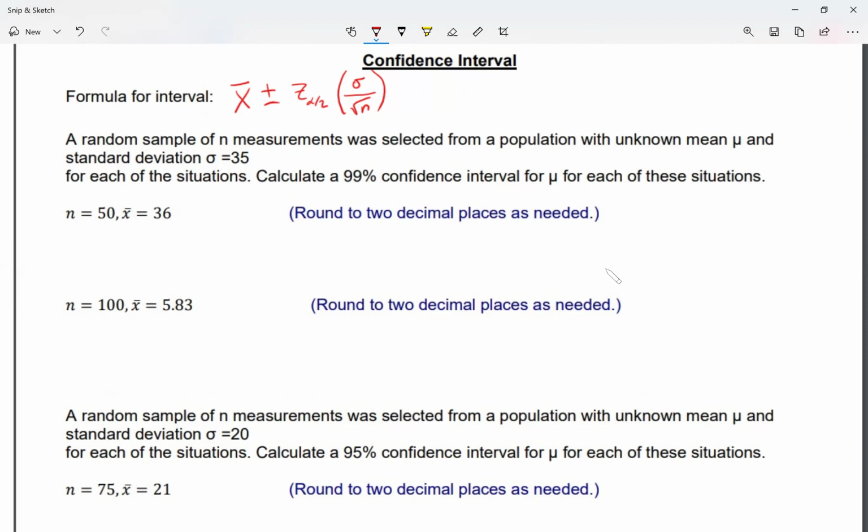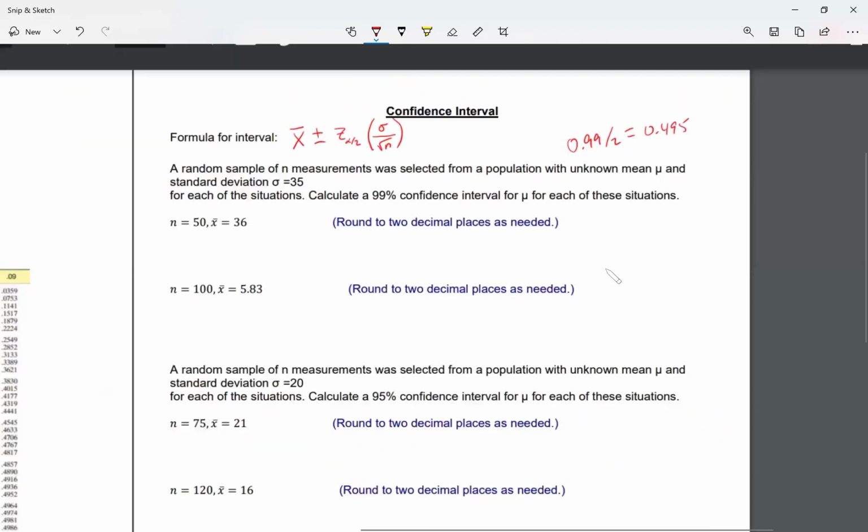So what I'm going to do, I'm going to go 0.99 divided by 2, and that gives me 0.495. I want a C-score that gives me the probability of 0.495. So I need to find the C-score. Okay, so using our table,